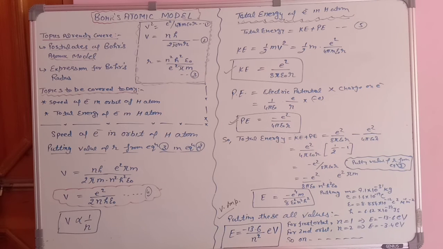So this is all about the kinetic energy of the electron in the hydrogen atom as well as the speed of the electron in orbit of the hydrogen atom. Students, go through this numerical part, these calculations, mathematics, because practice makes a man perfect. In numerical expressions and mathematical terms, you need to practice more and more. Only then can you keep in mind how to proceed, because for the next step you should be clear with the previous step.